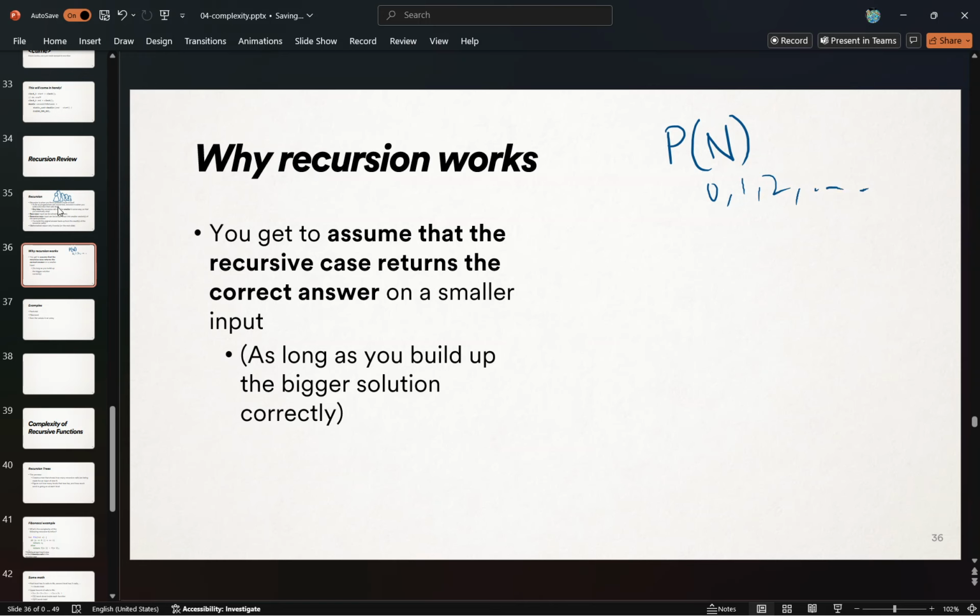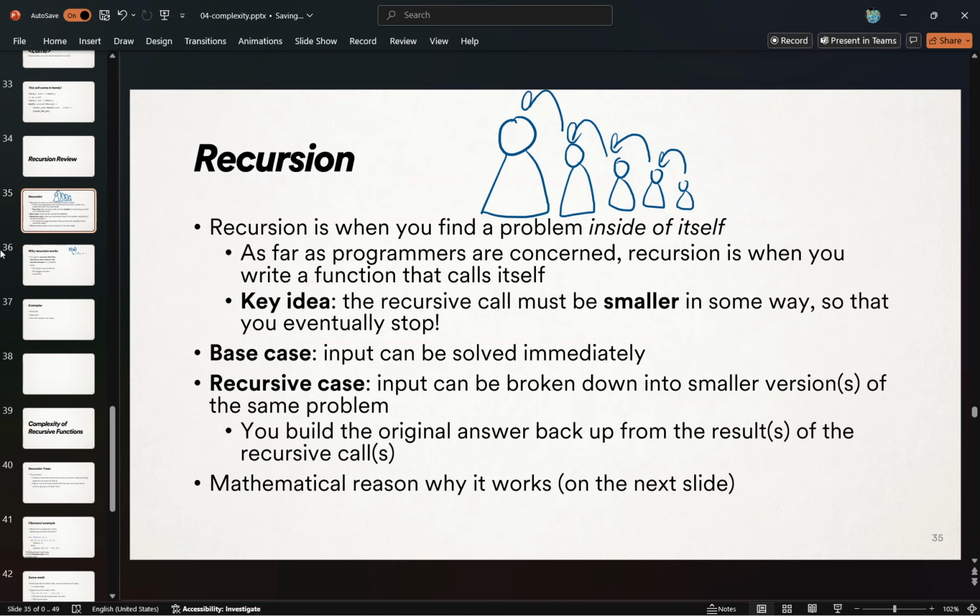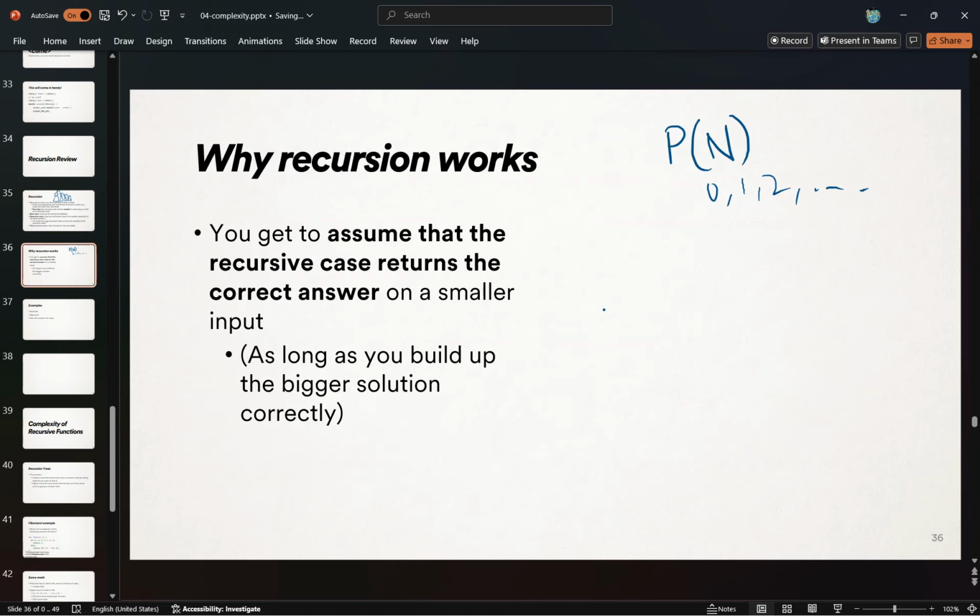Okay. Here's what happens when you write your recursive program. You break it up into a base case and a recursive case. The base case is you shouting out to the world that I know how to solve the smallest version of the problem, P of 0. If you ever ask for P of 0, I have the answer immediately, I'll give it to you. That's what you're saying in the base case. That's part of your firepower. You need that. And then the recursive case,